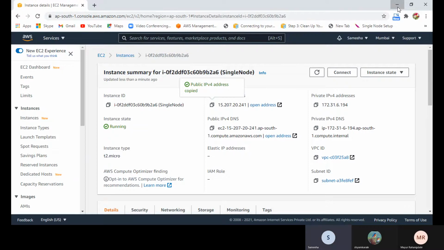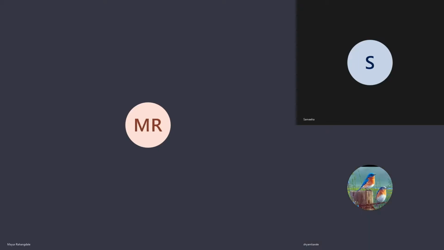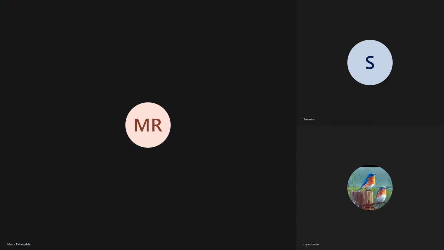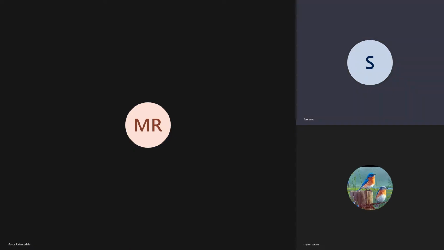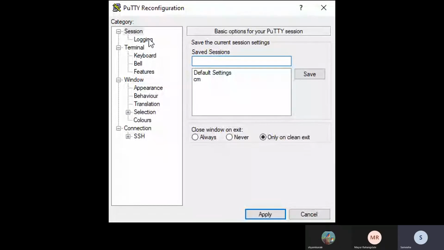I'll increase the font size. The screen is frozen, I think. We cannot see the screen. Okay. Now visible?